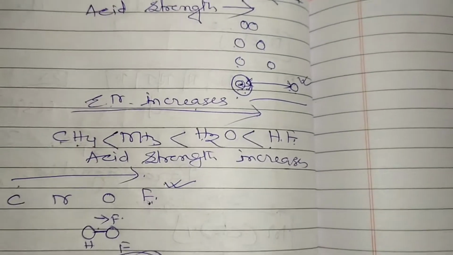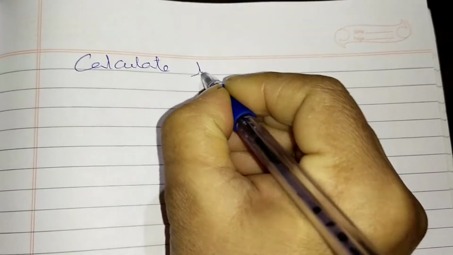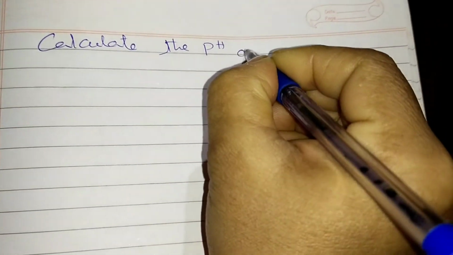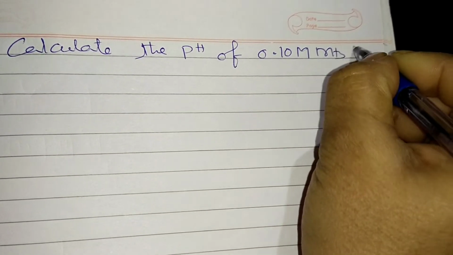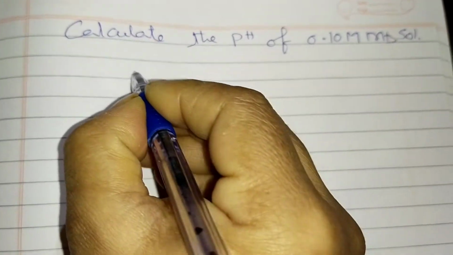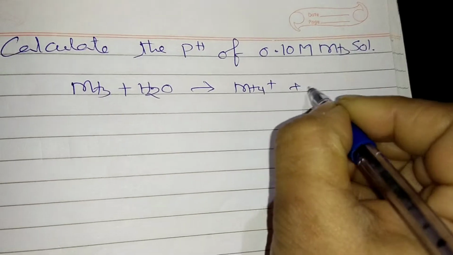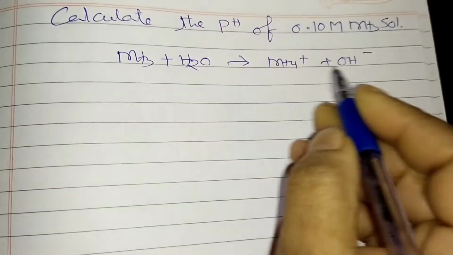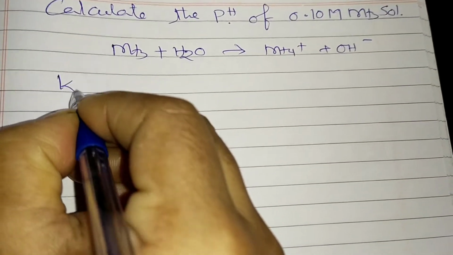Okay, how to solve it? Okay, so the first question is calculate the pH of a 0.10 molar ammonia solution. Okay, so first I am writing here NH3 plus H2O, the reaction is coming here, NH4 plus OH minus. Ammonia solution means basic, but you have to find out the pH here. So here Kb है ना, Kb is given to us.